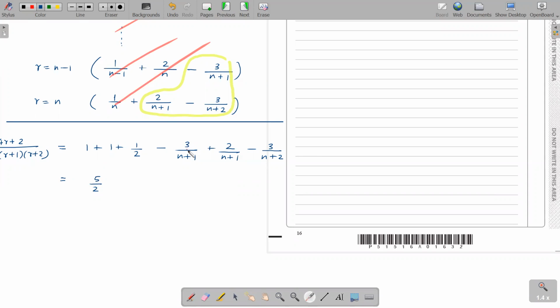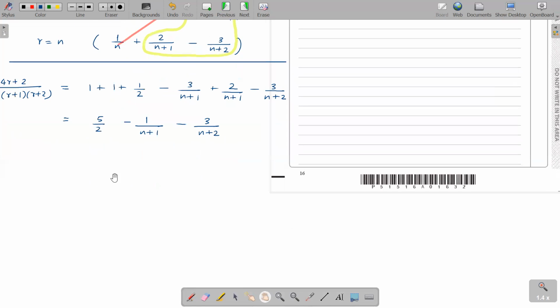And we can even add these 2 terms because they are like terms, it's easier to add them off and finish it. For example, minus 3 over n plus 1 and plus 2 over n plus 1 can be simplified. How can it be simplified? Because the denominator is same, we can add minus 3 plus 2, it's minus 1 over n plus 1. And we have minus 3 over n plus 2. So taking it like this will help us to simplify it faster. Got it? Okay, so now let's go for